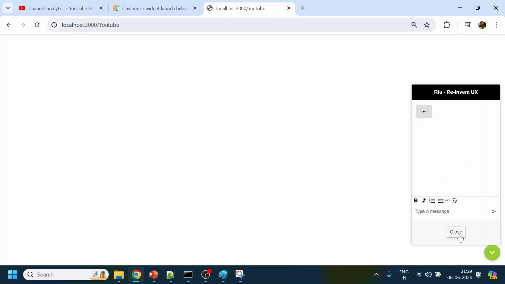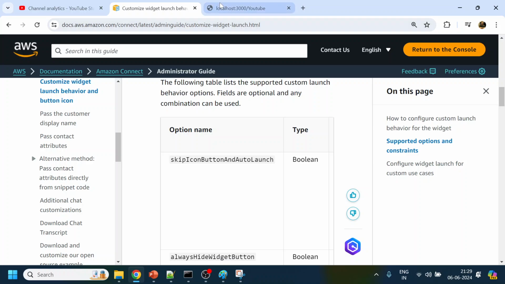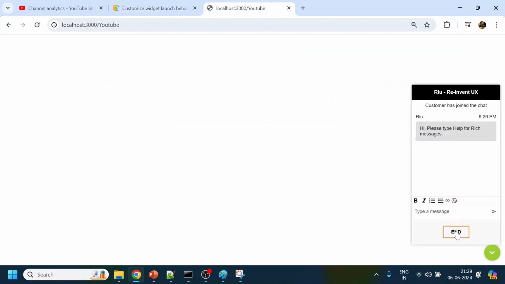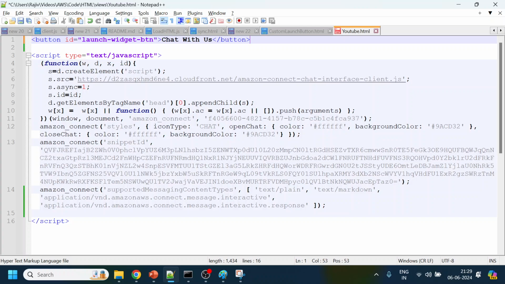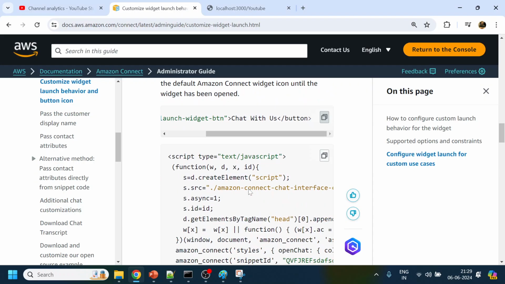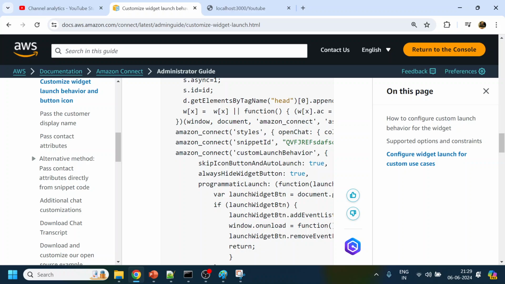So this is what you get by default from Amazon Connect as a widget. Once you click here, it launches the chatbot, and this is what you see. Now, let me close this one so that the previous session does not stay. What they are saying is now you can customize it along with the button. So what we will do is copy this one and paste it here, and then copy this new custom